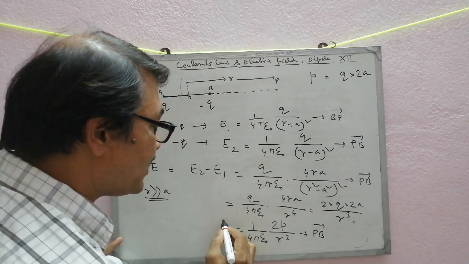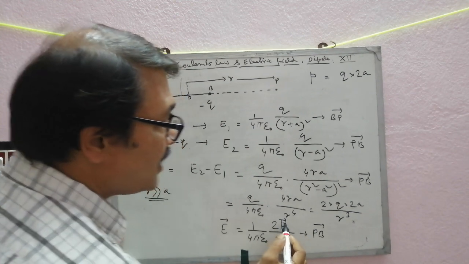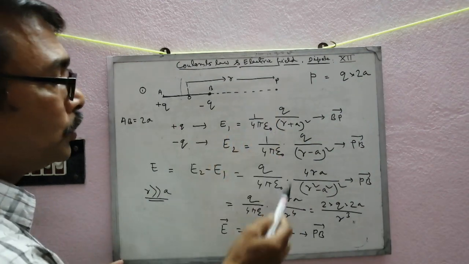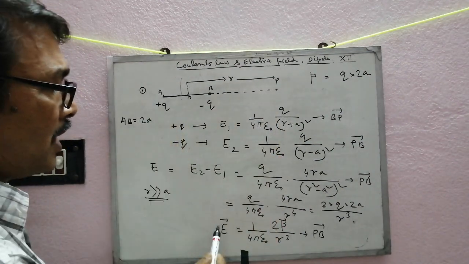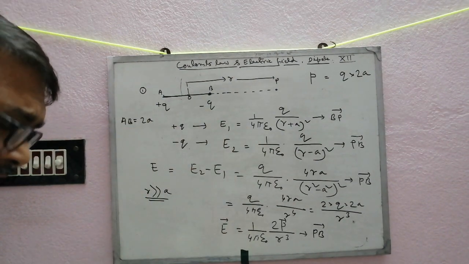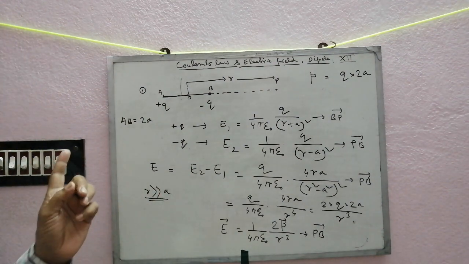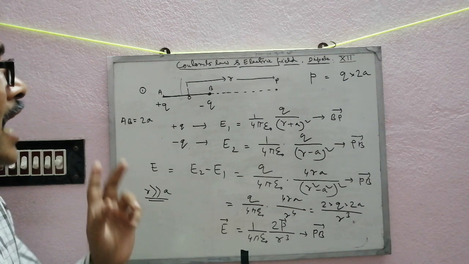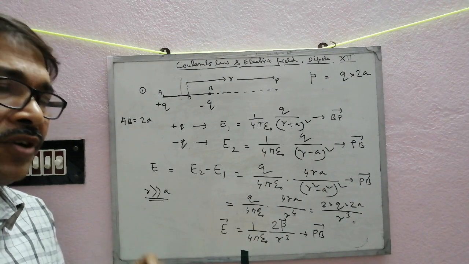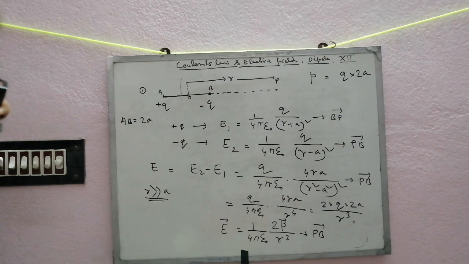So if we express it in vector form, E equals 2P vector by 4 pi epsilon 0 r cube. P is a vector and E is a vector. The direction of E and the direction of P is the same, negative to positive. So here is the question that may come in an MCQ or short question: the electric field on the axis at a point is E and the electric dipole moment is P. So what is the angle between E and P? 0 degree, 90 degree, 180 degree, any one of them. Okay.